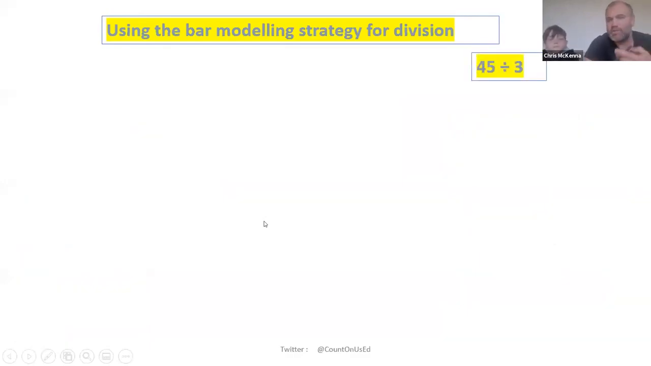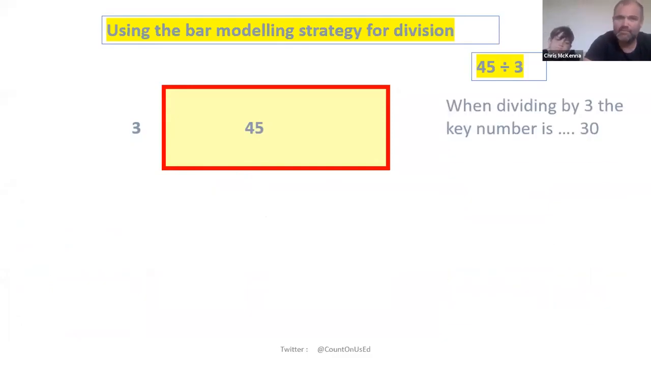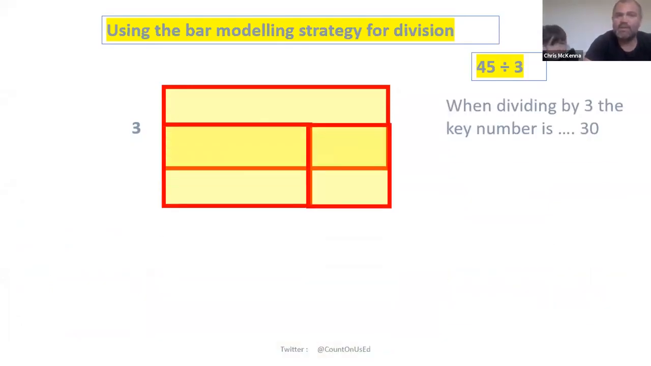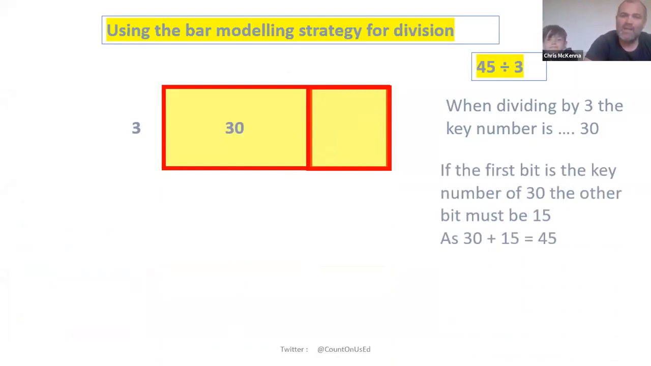So say I want to do 45 divide 3. I want to draw out the bar model. I've got 3 at the side and 45 in the middle. When I'm dividing by 3, what's the key number? 30. So I split that up into 30. What's left over for the other bit? 15. And then let's divide 30 by 3 equals 10. 15 divided by 3 equals 5. 45 divided by 3 equals